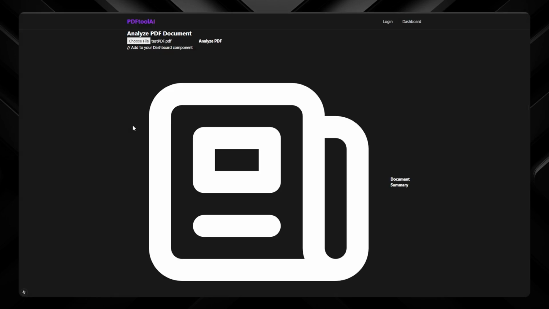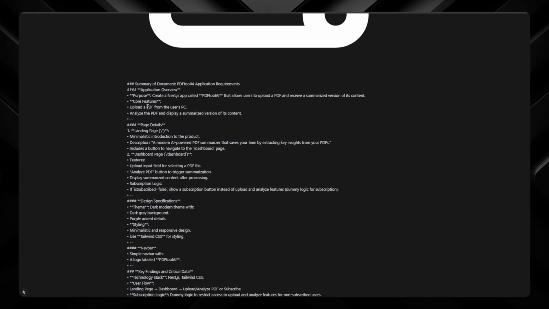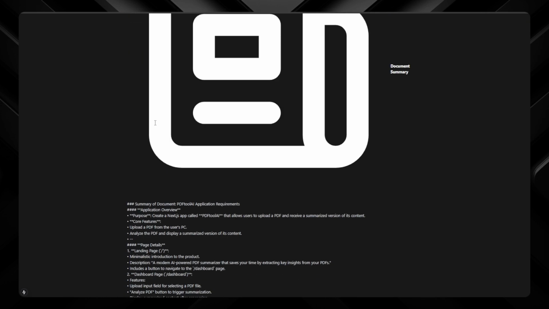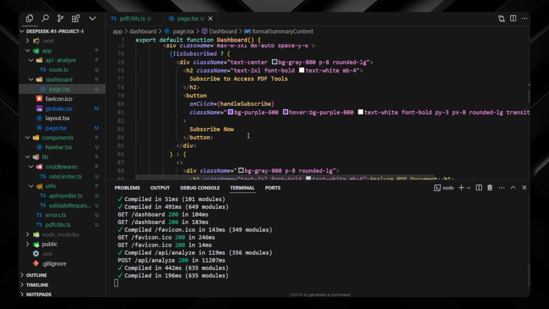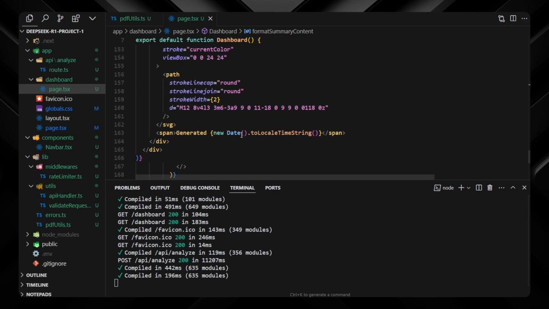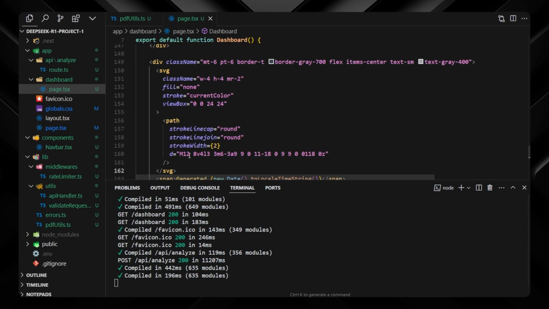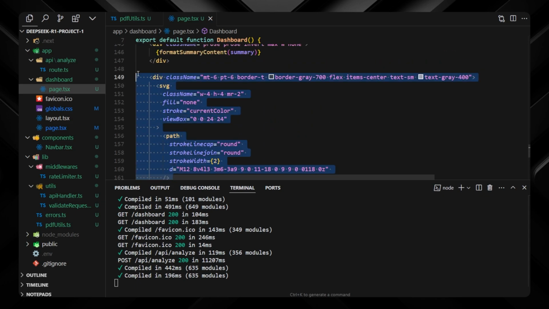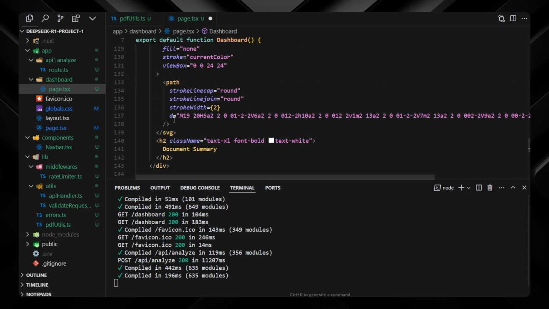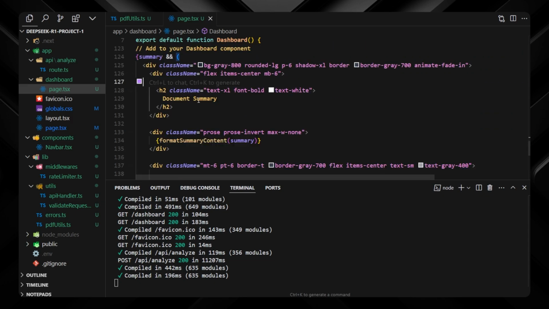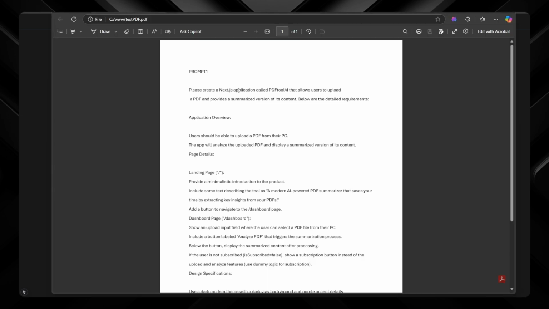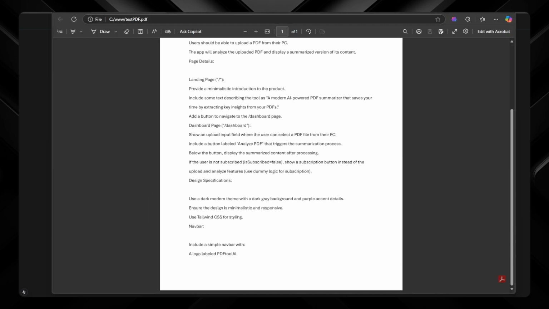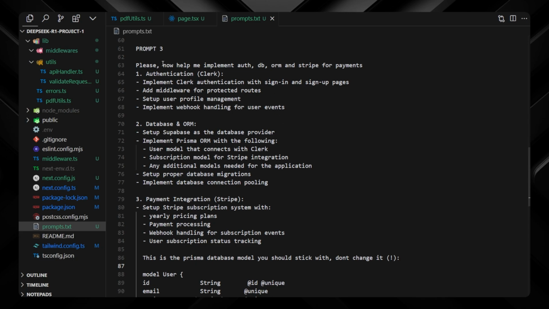Now I will save it, and you can see we have it nicely formatted with these two, I would say, small icons. No, just kidding. Let's just remove these two SVGs and it should be fine. So there's the first one. We can just remove it. And there is the second one. And that will be it. There we have the summary from the PDF. If you are curious which PDF I sent there,